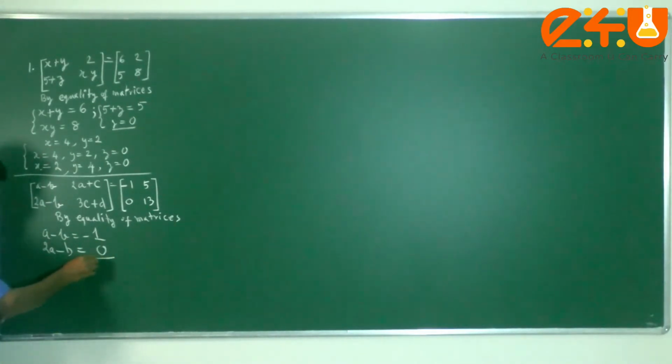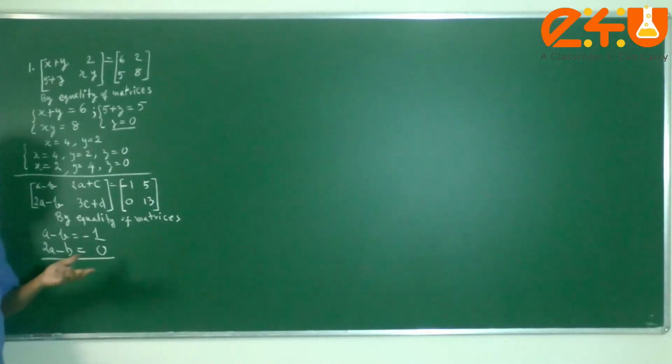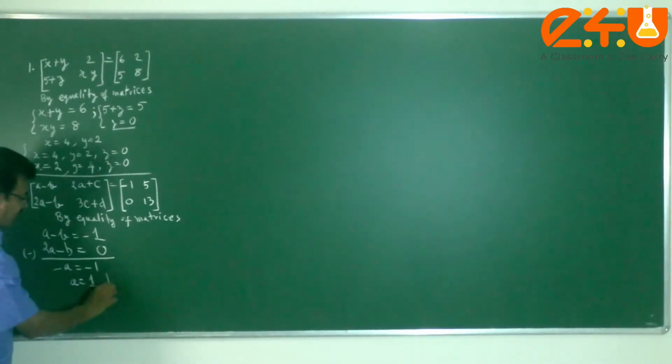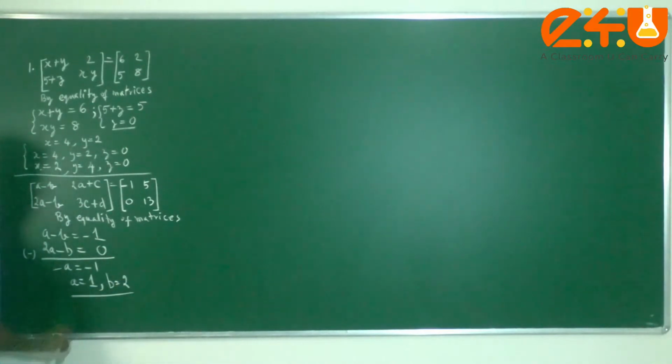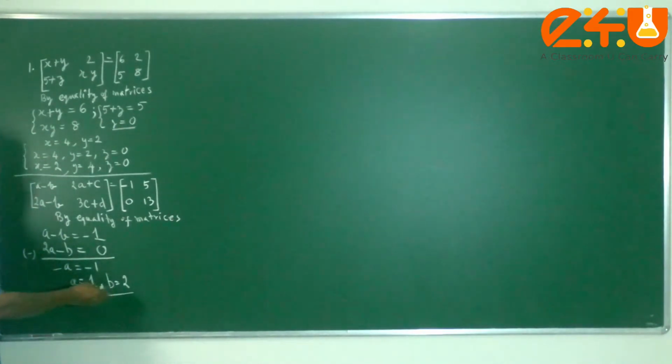As you can find, students can easily understand. We are all in class 12, so it's not difficult for you to solve a pair of linear equations. Minus B, directly you can subtract the equations. Getting negative A is negative 1. In other words, I can say A happens to be 1. If A is 1, then what is B? B is 2 times A. Therefore, we get a simple solution for unknowns A and B. A is 1 and B is 2. You can verify whether A minus B gives minus 1. Yes, verified.